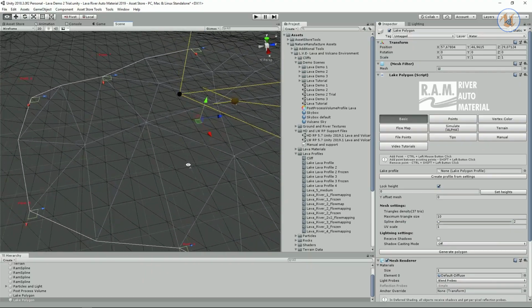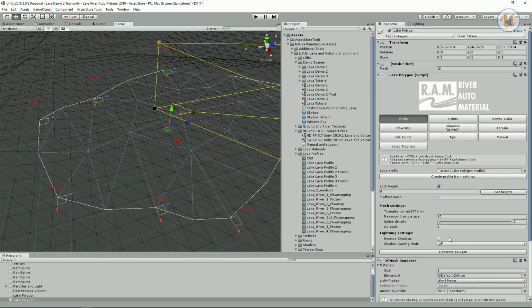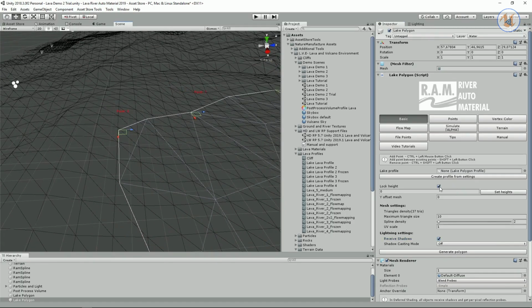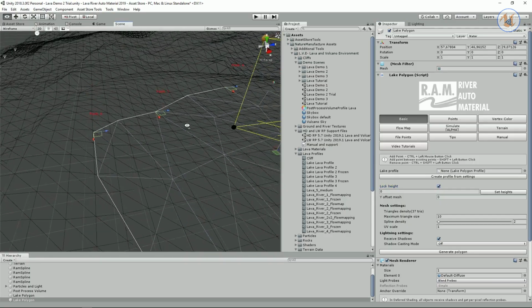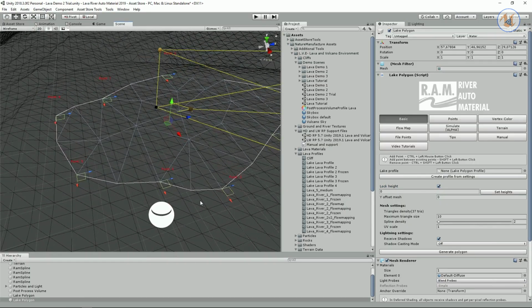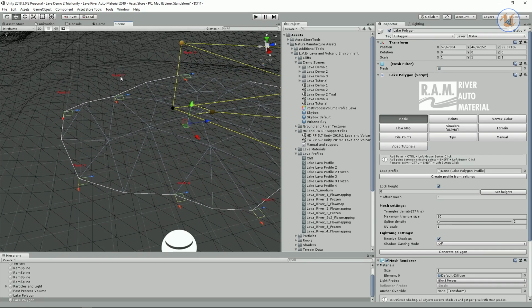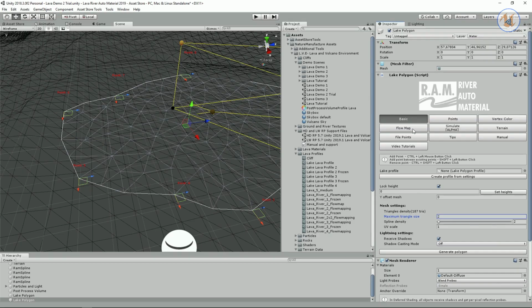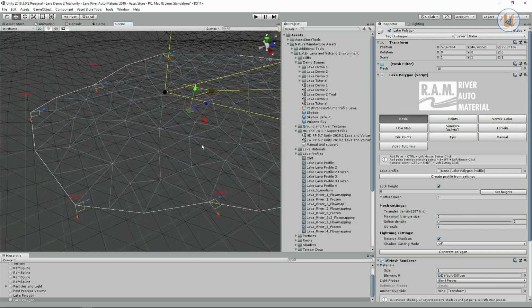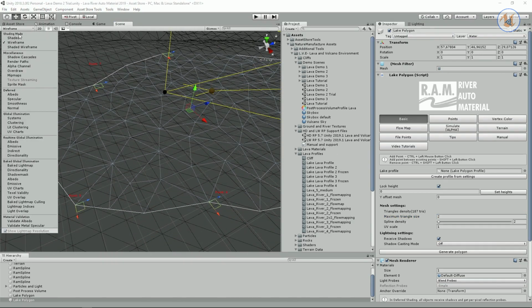We could change the amount of widths on the spline outside the lake, and we could change also the height of the widths. We could unlock same height at all points in our lake. As we will use flow map and vertex colors, we rather want to have a bit more widths at our lake, so we will have a place to paint and show effects that we could achieve at our lava lake. So yeah, let's maybe go back to shaded mode